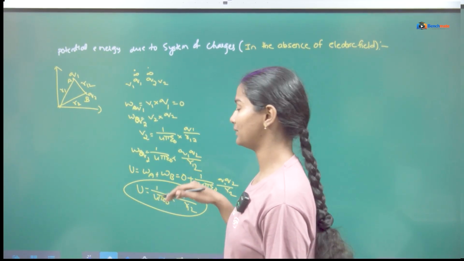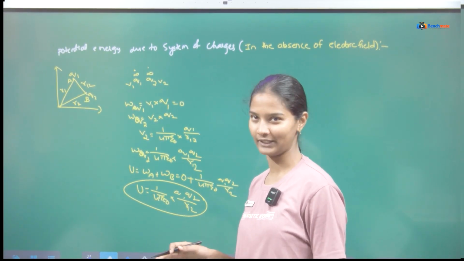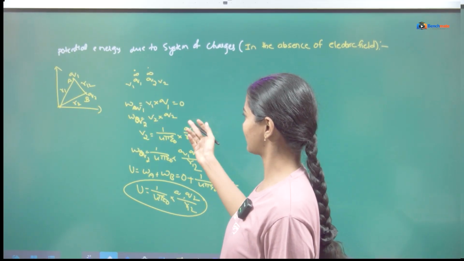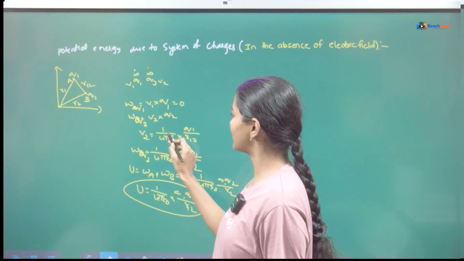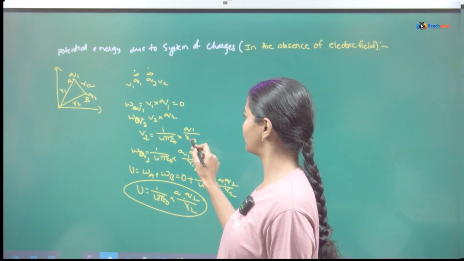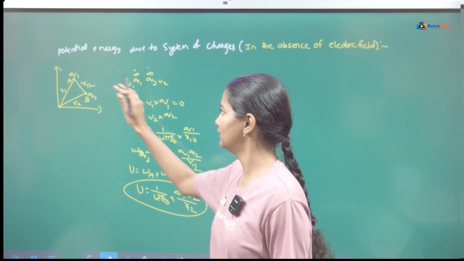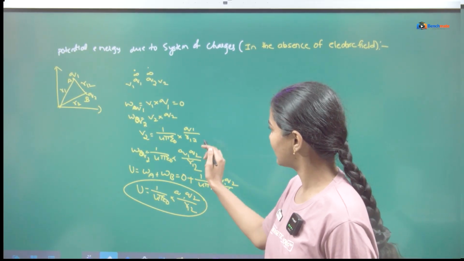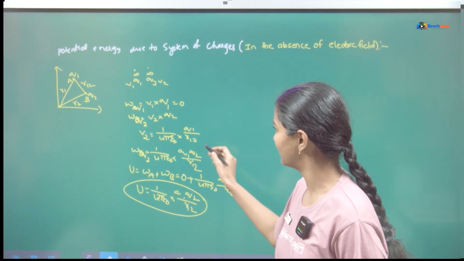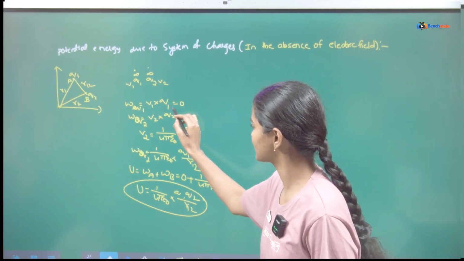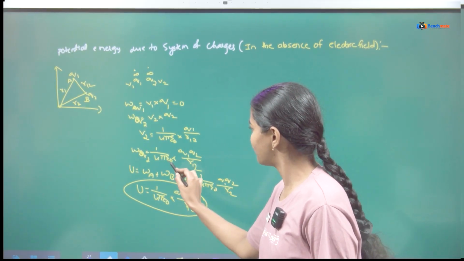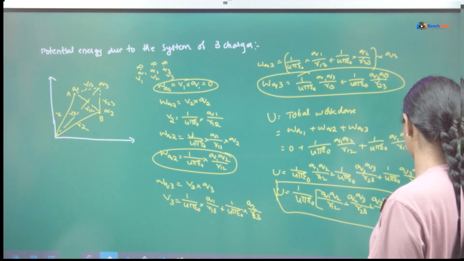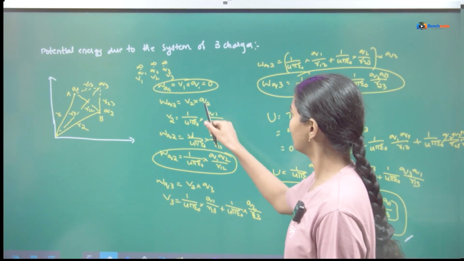So that will be V1 into Q1. There you are going to get it. So it is not 0, just V1 Q1. And for V2 Q2, what are we going to get? V2 equals 1 by 4 pi epsilon naught into Q1 by R12, plus that electric field also you have to take. And one more extra term is going to be added. So here it is not going to be 0. This will be your answer. For this answer, some extra work done will be added. If you take 3 charges also, it is not 0.